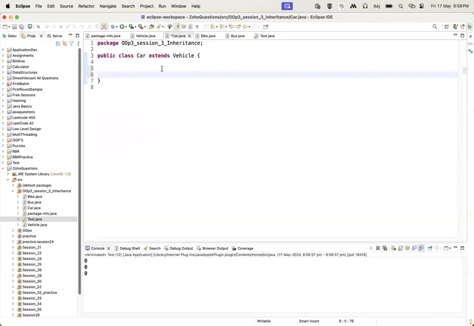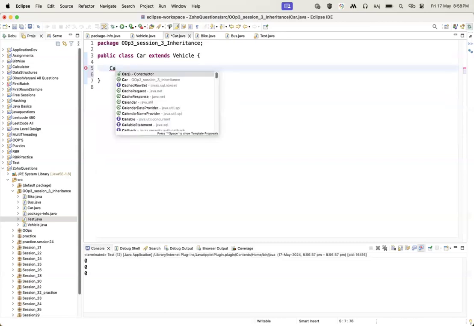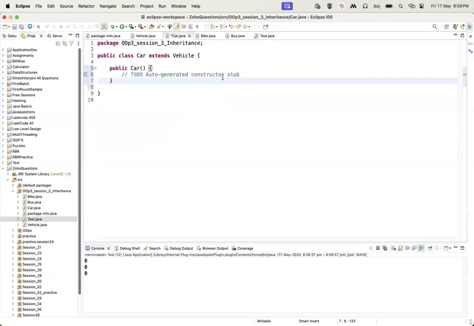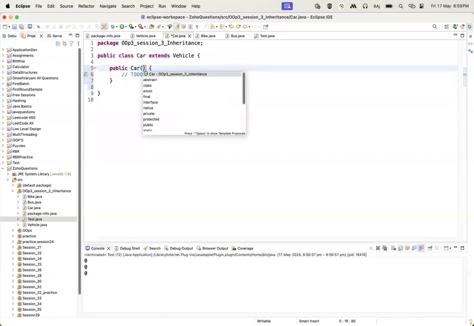I already told you in the last session, we need to use a constructor to initialize the objects. Right, guys? I am using the constructor to initialize the objects. I need three things. Let's suppose I need